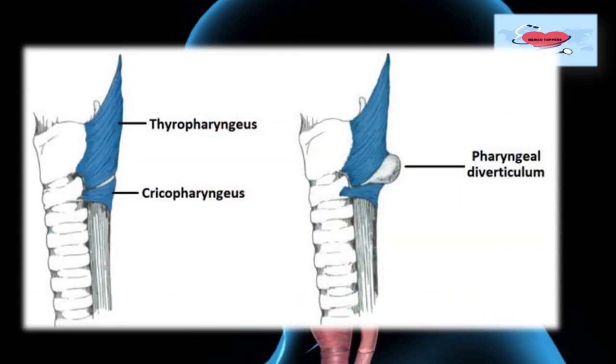Let's see how it looks in this image. Here thyropharyngeus and cricopharyngeus are there, and if the diverticulum comes out between the thyropharyngeus and cricopharyngeus, then it is Killian's dehiscence. This we can see mainly in old age. Regarding Killian's dehiscence, we have already discussed it in our esophagus related topic from Practice of Medicine. I will give you the link below so that you can easily check it out. So remember, the names of the muscles are more and more important, that is thigh and cry.